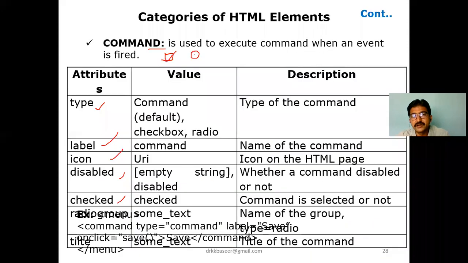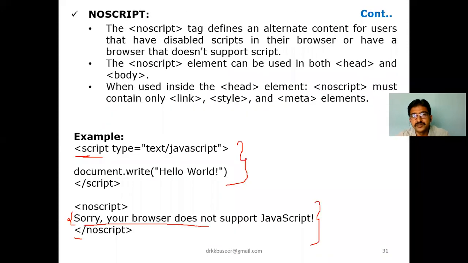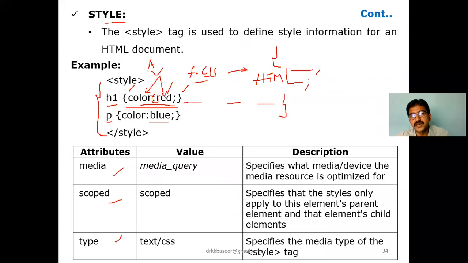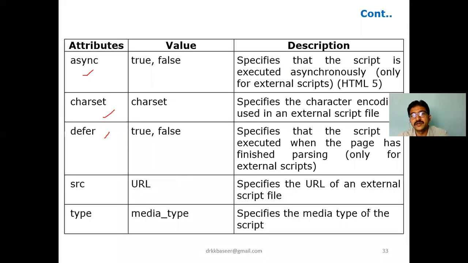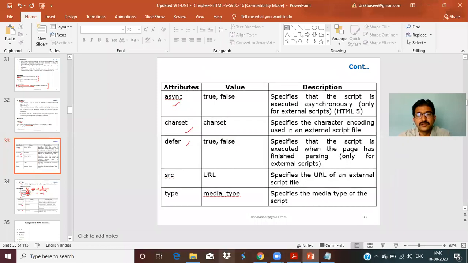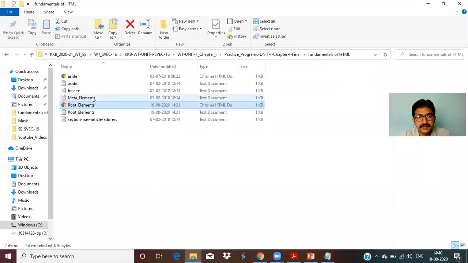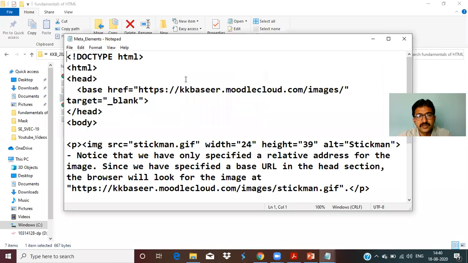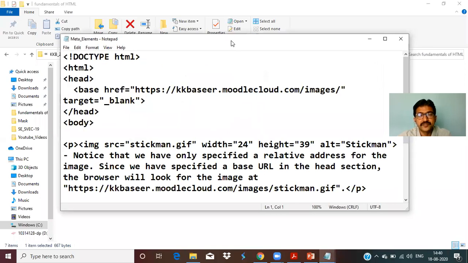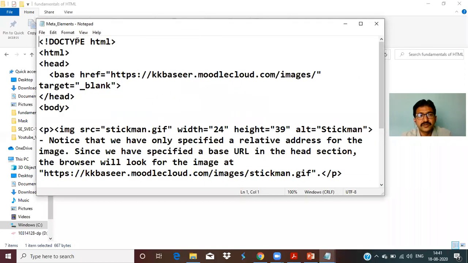We have seen command, meta, noscript, style. Let me show one small example on the metadata, with the different metadata elements being used. See here, hope it is visible to everyone.